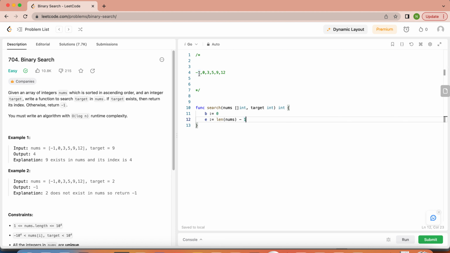So we fix one pointer at the beginning and another pointer at the end, and then we check the logic: while beginning is less than or equal to end,